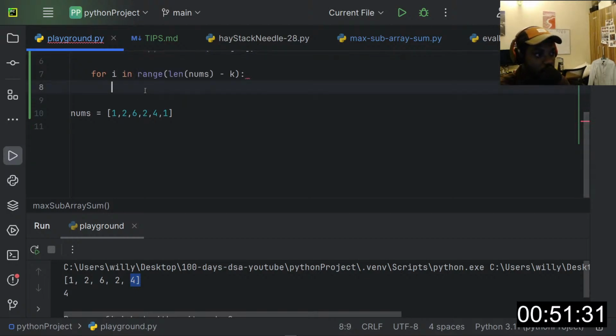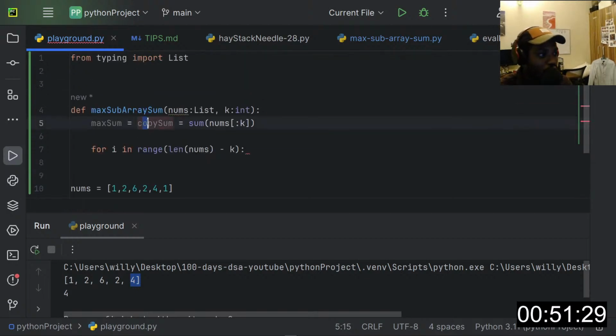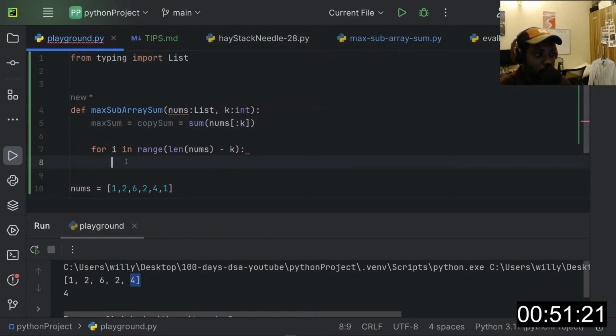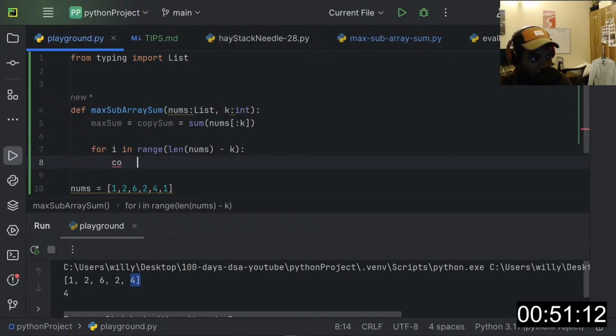This copy sum is what we'll remove and add items to, so that we'll have the maximum sum in place to find the maximum in the array. So this is what I'll do. I'll say copy sum